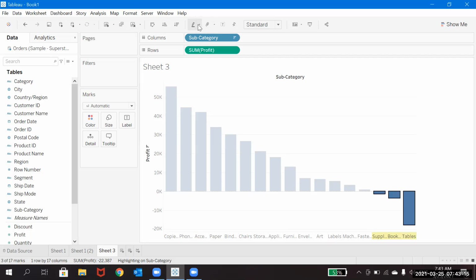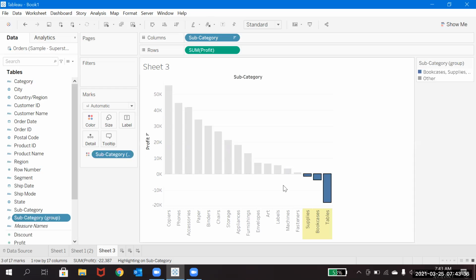Okay, and now the attachment symbol is nothing but the group symbol. Let's say whatever I have highlighted, I just wanted to group them. If I click on it and group that, if you see, there is something created here, subcategory group.